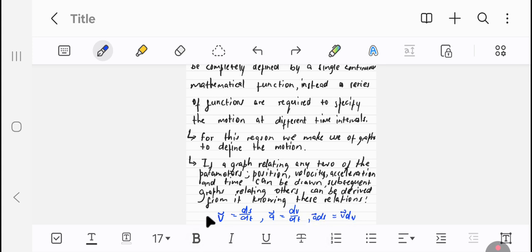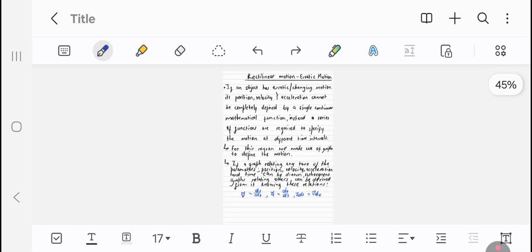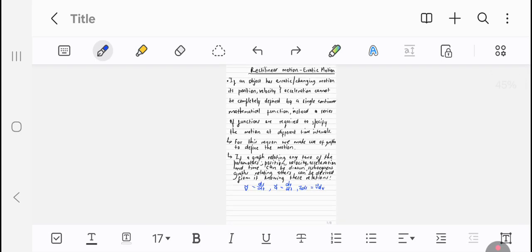We see these relationships. Then knowing these relationships, if I can draw a position-time graph, then I can get my velocity graph, because my velocity is just ds over dt. So I take my slopes at different time intervals and then I construct my velocity graph. Same thing, if I have my velocity, I can get the acceleration graph, because the acceleration graph is just the slope of that. So I take subsequent slopes to get my acceleration. So this is your erratic motion, changing motion. We have to show it in a graph, divide it into time intervals, take the derivatives and get other graphs,